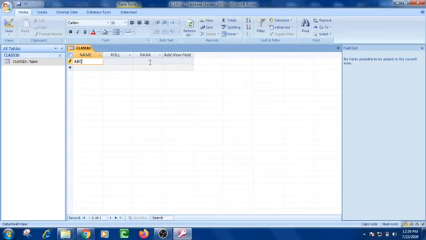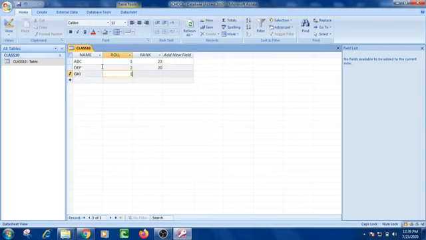Suppose that first value is ABC, then roll number 1, then suppose that rank is 23, then move to the next record DEF, then roll number 2, rank is suppose 20,